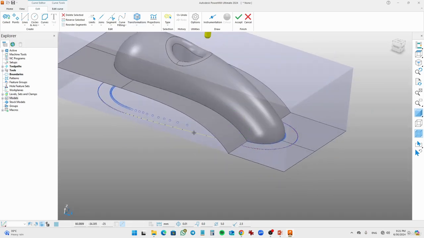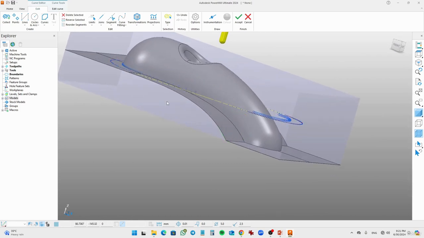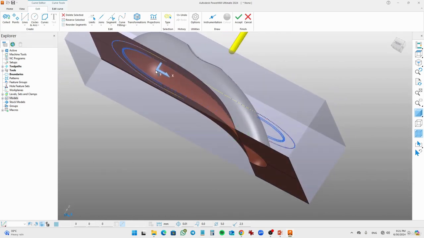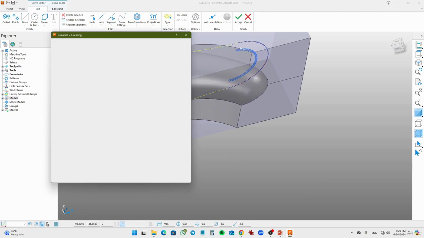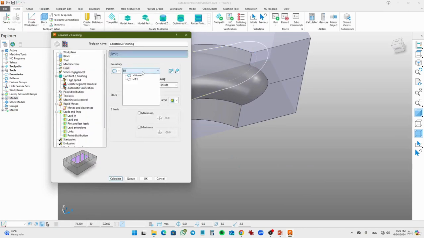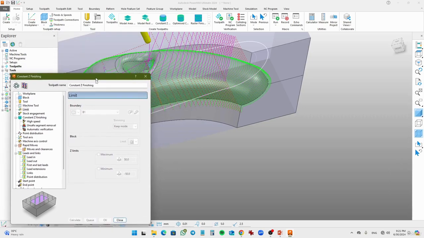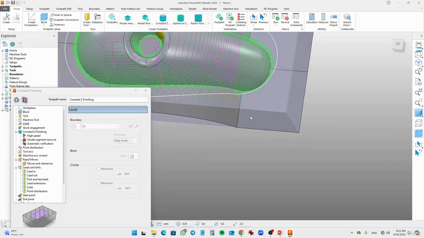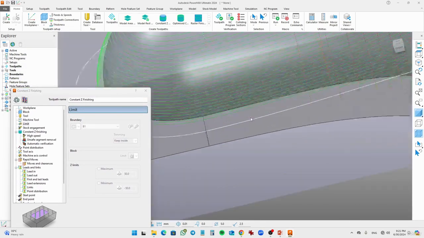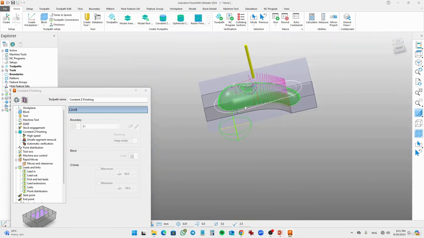What you need to do is project this boundary onto the surface, flattened. Just select the boundary and flatten it. So just flatten it on the work plane which you have created. Okay, so we have the boundary here. Just click calculate, and you see over here, it makes it and does the toolpath. So this is how we can create the